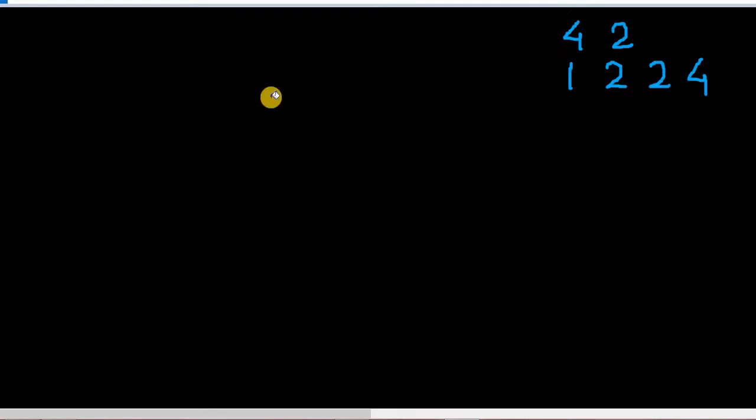Let's look at the brute force solution with the first example, for which we'll find the number of triplets. The basic solution is to take a for loop to traverse the array, going from i equal to 0 to the number of elements present in the array.